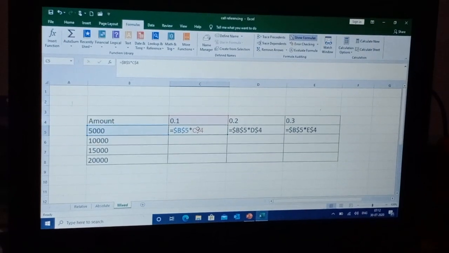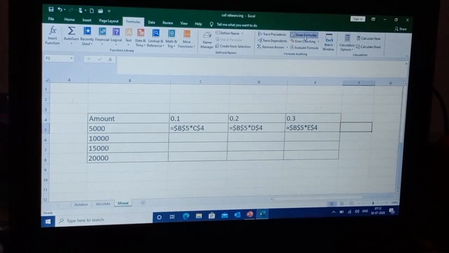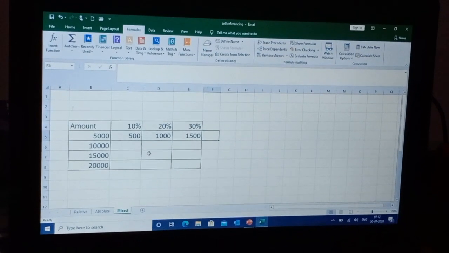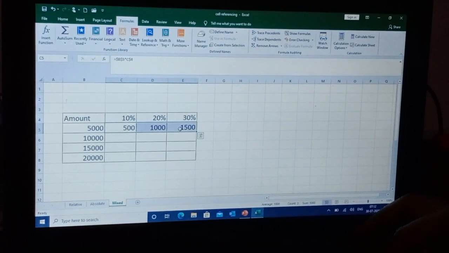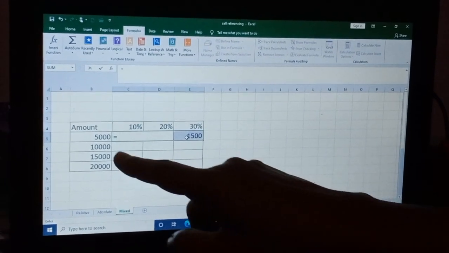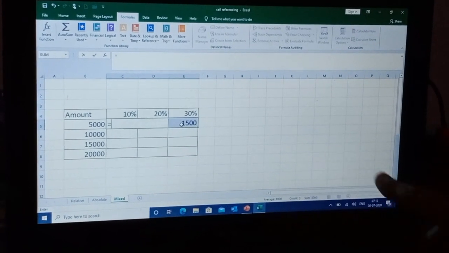I'll show you once again how to use this formula. Equal to, I want to keep this 5,000 amount fixed in each cell for this row only.